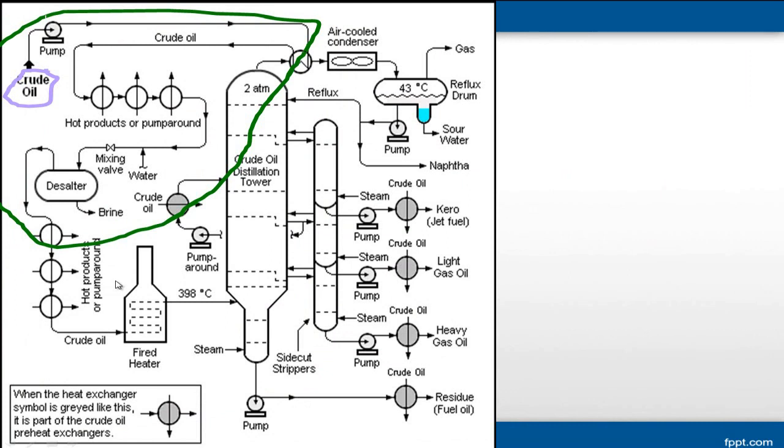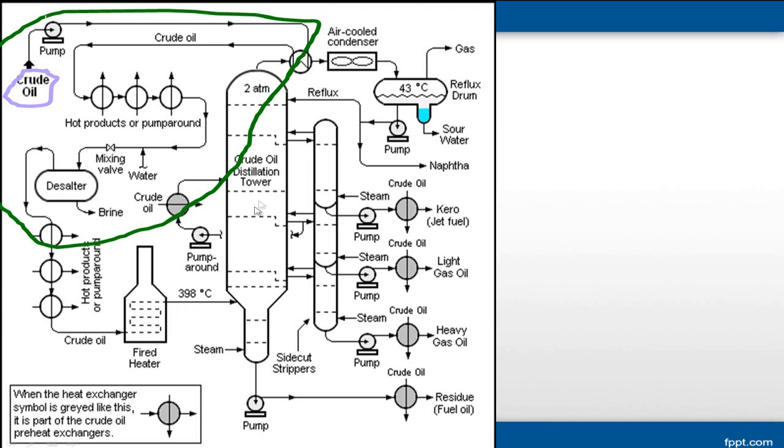And this slide shows the detail of the system. Many heat exchanger units are used to heat up the crude oil. Now you can see that there are several heat exchangers and heat exchanger trains before passing this crude